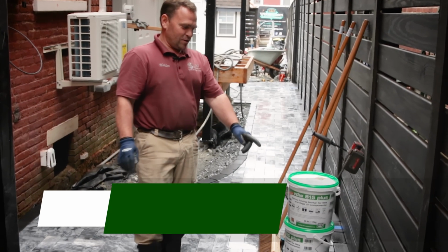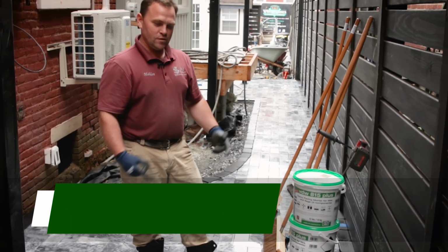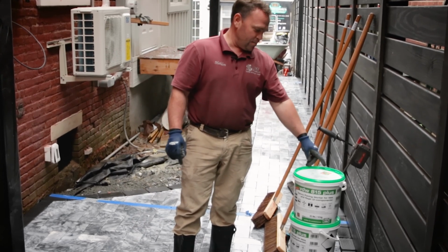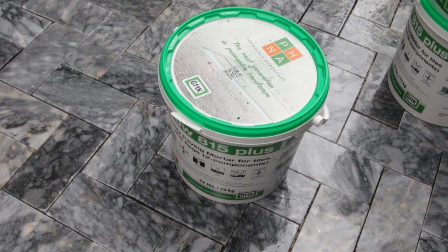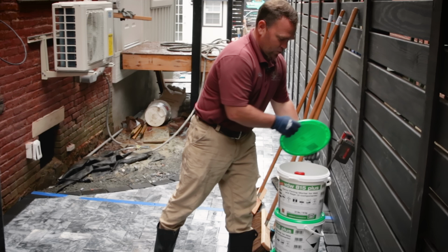Today we're using our Xtreme Ceramic VDW 815 two-component resin joint material. It is made by GFTK, a German company, imported by our general importer PHNA. Like I said, two-component, 22-pound bucket,